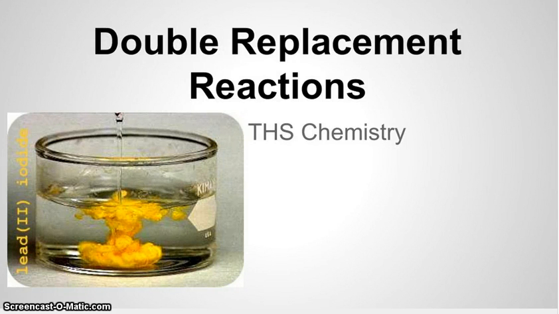All right, THS Chem team, here's your next reaction in line for the chemical reactions that we've been learning. This is called a double replacement or a double displacement reaction. Typically, what we have here is an example in the picture shown in front here, where you mix two aqueous solutions and you end up producing a precipitate,